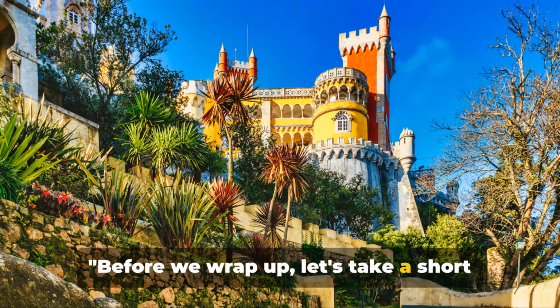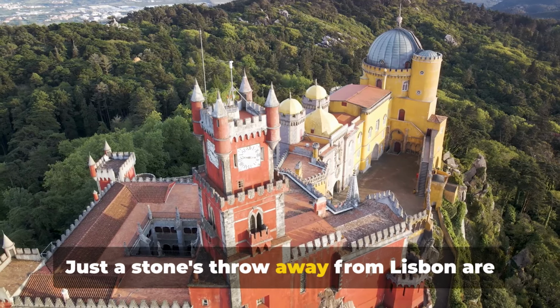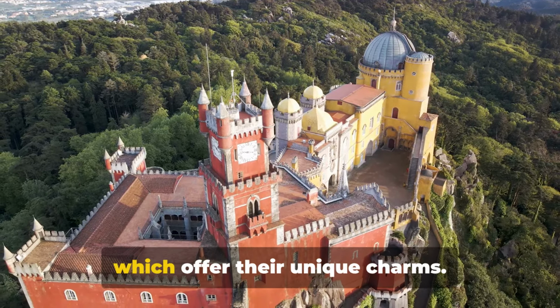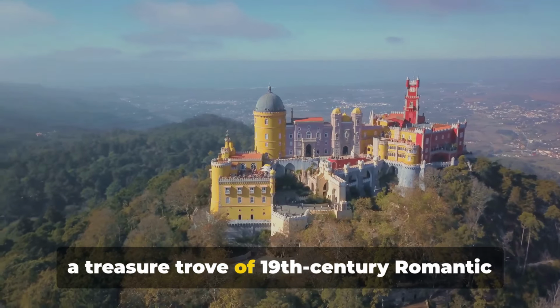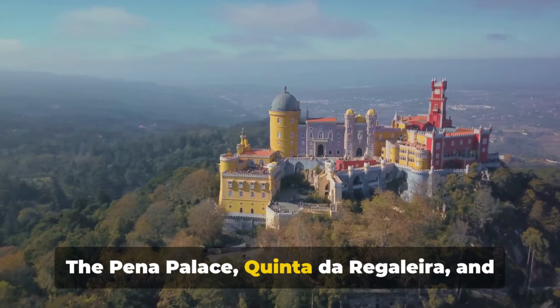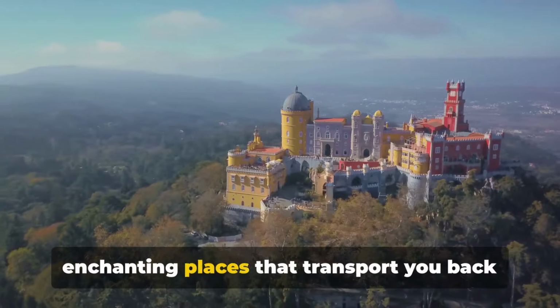Before we wrap up, let's take a short detour from the city's hustle and bustle. Just a stone's throw away from Lisbon are two captivating towns, Sintra and Cascais, which offer their unique charms. Sintra, a UNESCO World Heritage Site, is a treasure trove of 19th century romantic architectural monuments. The Pena Palace, Quinta da Regaleira, and the Moorish Castle are just a few of the enchanting places that transport